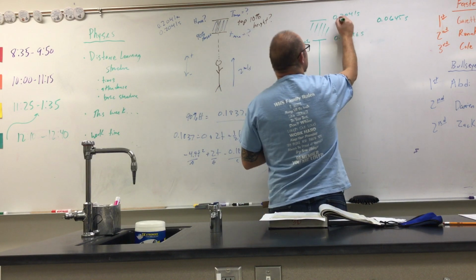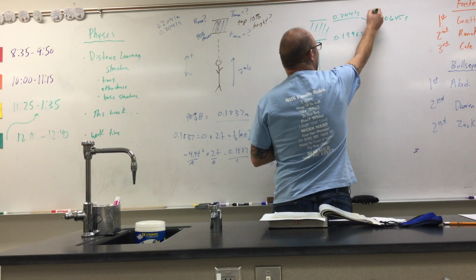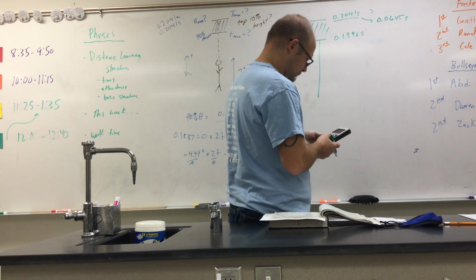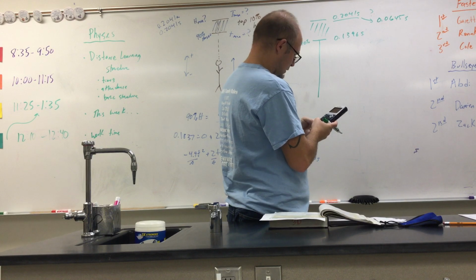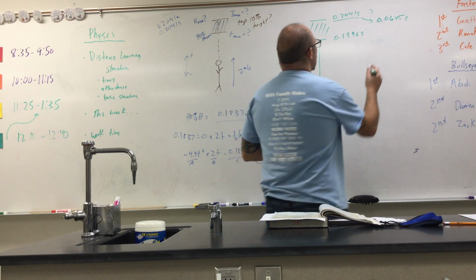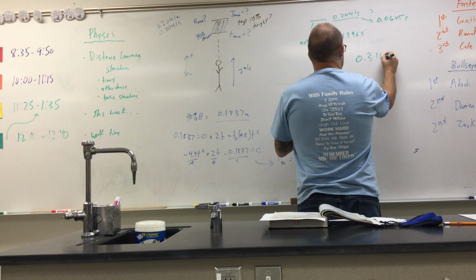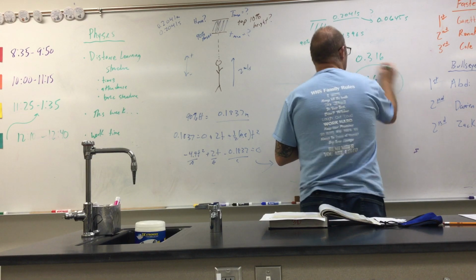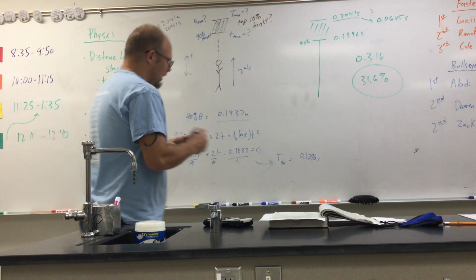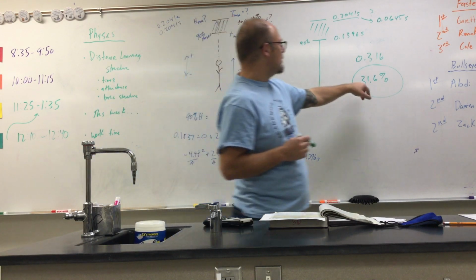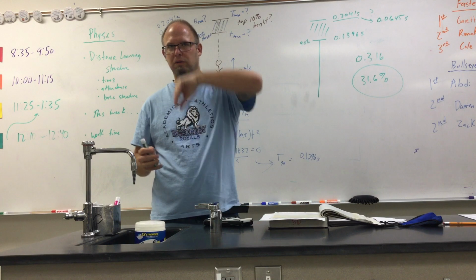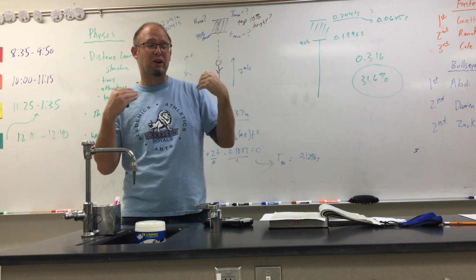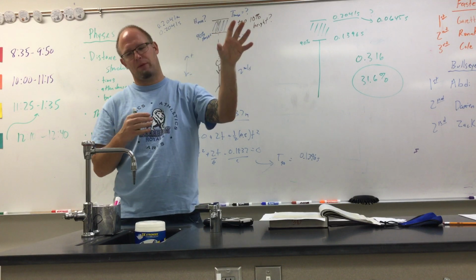So what percentage of your total time is this time? Well, that's just going to be this divided by this. And you get 0.316, which is 31.6%. So the answer to this question is you spend 31.6% of your total flight time in the top 10% of your height, which means you spend a third of your time at the very, very top of the flight, top